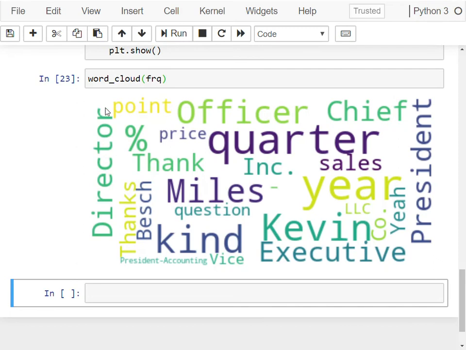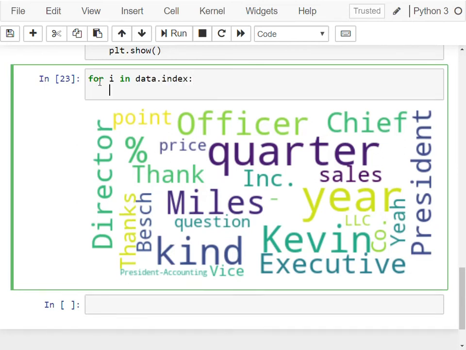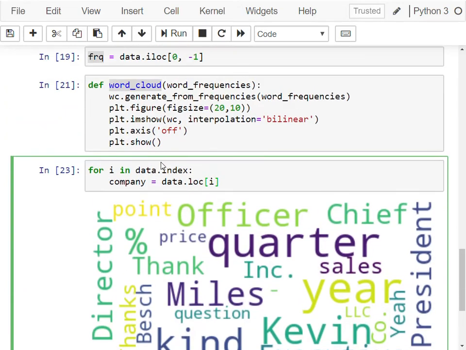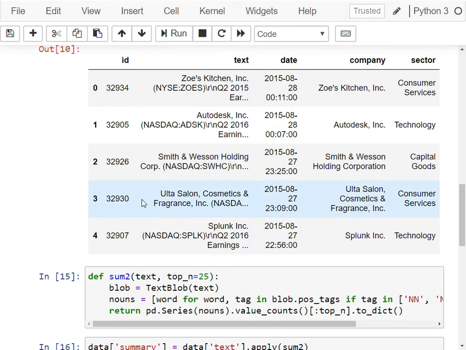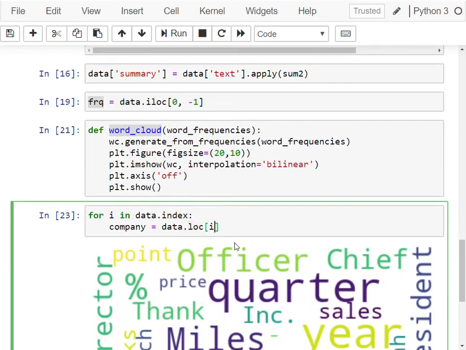Next, I want to see a word cloud for each one of these companies. So I'm going to go for each. This is probably an example of using a for loop. It's not a major sin here. I just want to create a word cloud for each one of my earning calls. First, I'm going to get the company name so that I print the company name. For each i going over the index, I'm going to use loc, and then the column is company here. So loc i company